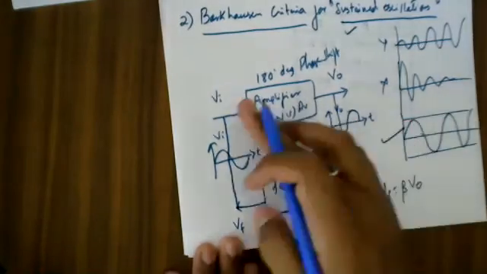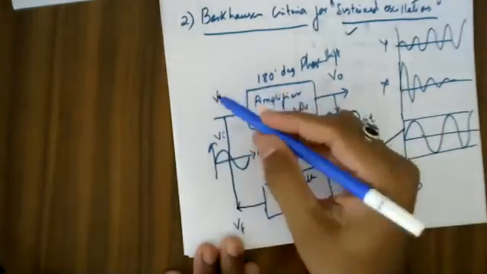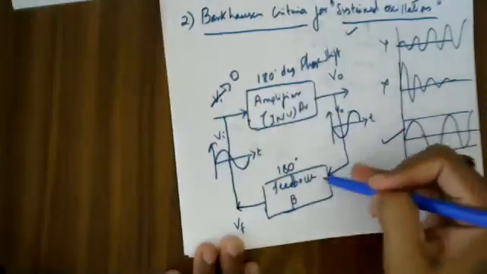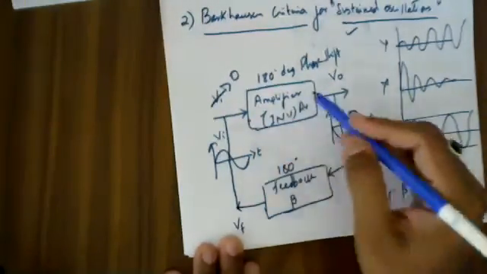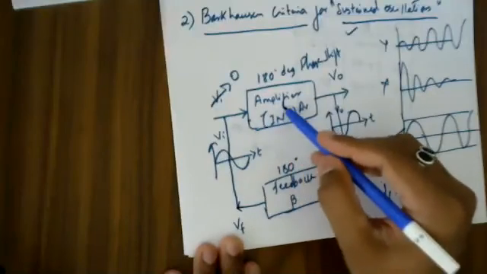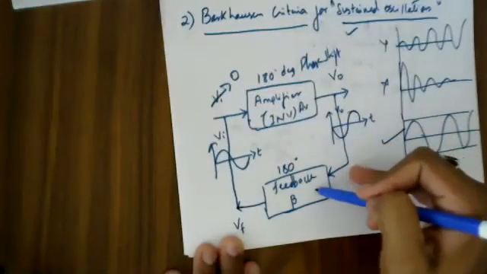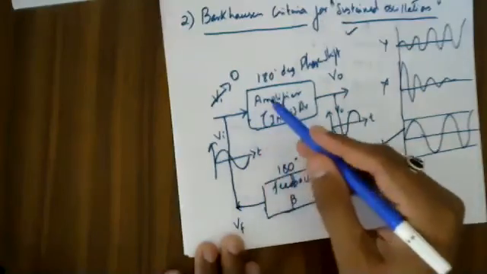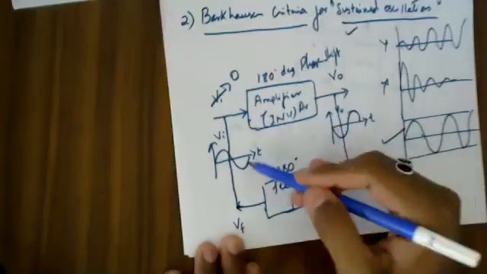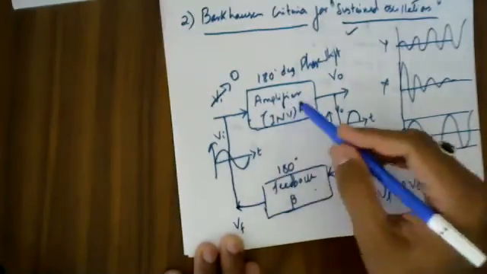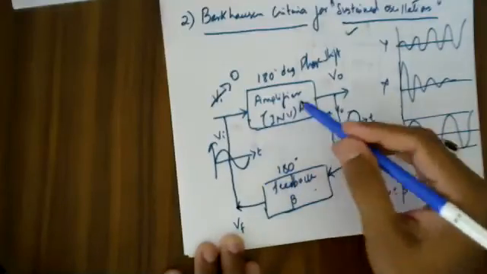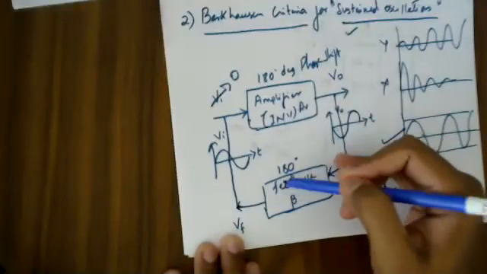Let me say that now I'm going to connect this VF as input to this network. So it means now with no input signal, making my input signal 0, this circuitry is connected back to back. Your amplifier output is connected as input to feedback. Output of the feedback is connected back to your amplifier. So this is called a back-to-back connection. And the circuit is able to oscillate amongst itself.